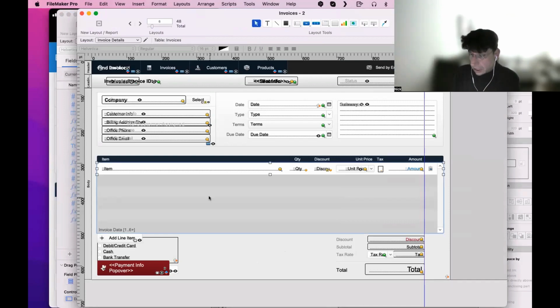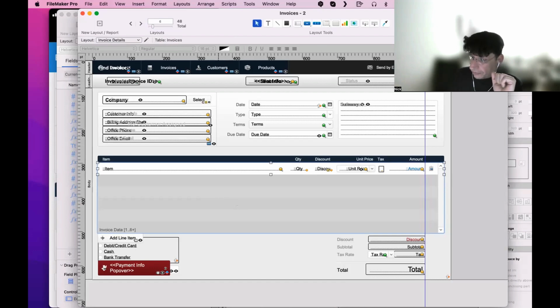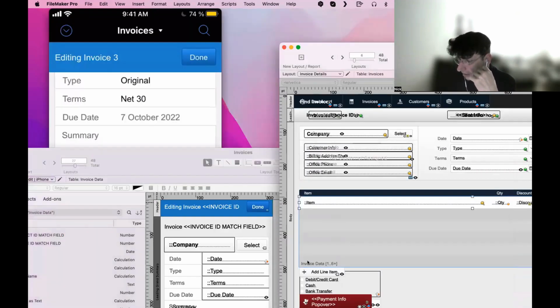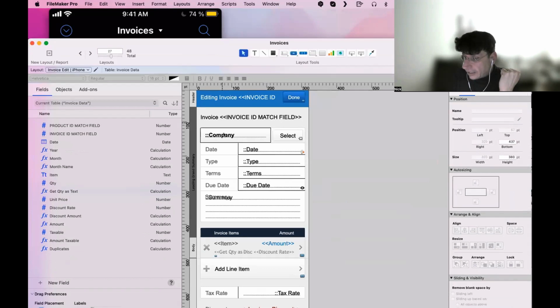Portals are not comfortable on an iPhone or an iPad. They don't do the job like they should do. They do a good job, let's say a relatively good job, on a desktop, but they don't do the right thing. So we need to avoid them. To avoid them, we go straight to the invoice data. So we go straight inside this table, straight to the related table, and I display